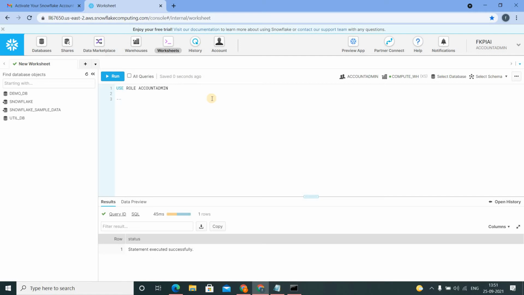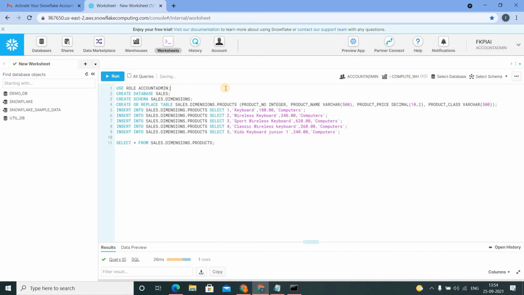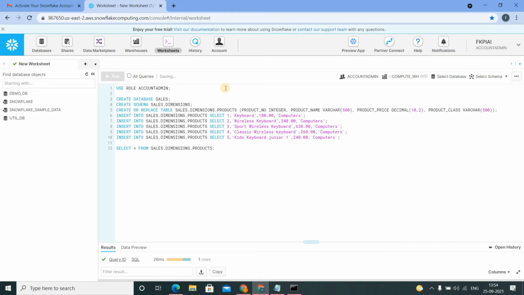In the going forward classes, we will see almost all the options available in this web interface. Here are some statements to do the task: to create a database, to create a schema inside that database, to create a table inside that schema, to insert some records into that table, and to query that table.